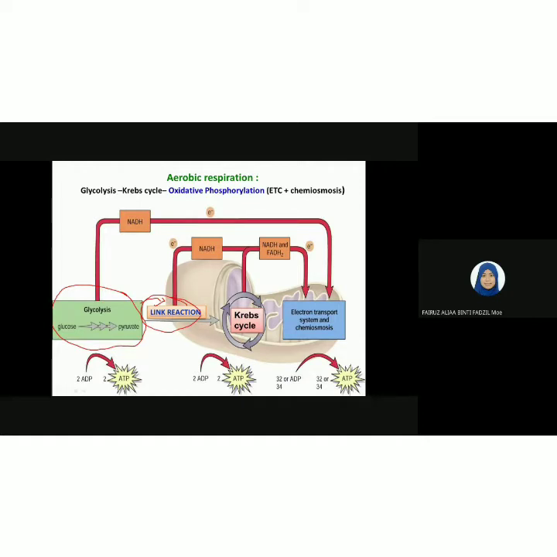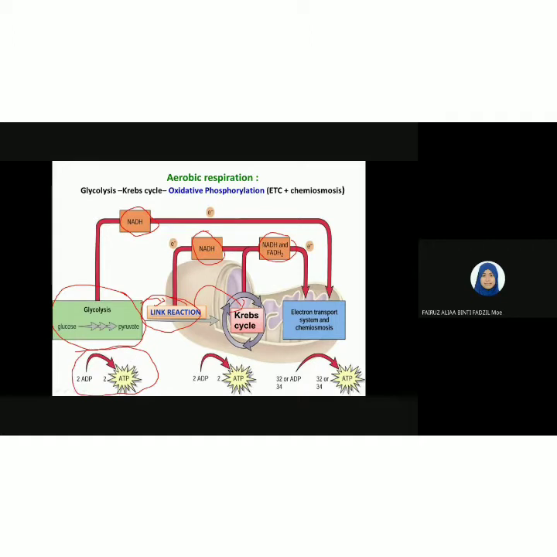During the link reaction, the pyruvate is converted into acetyl-CoA, and then acetyl-CoA enters the Krebs cycle, feeding the acetyl group into the Krebs cycle, where it will be further oxidized. Throughout glycolysis, link reactions, and Krebs cycle, we produce NADH as the electron carrier and also FADH2. If you can see in this diagram here, during glycolysis, we already have produced 2 molecules